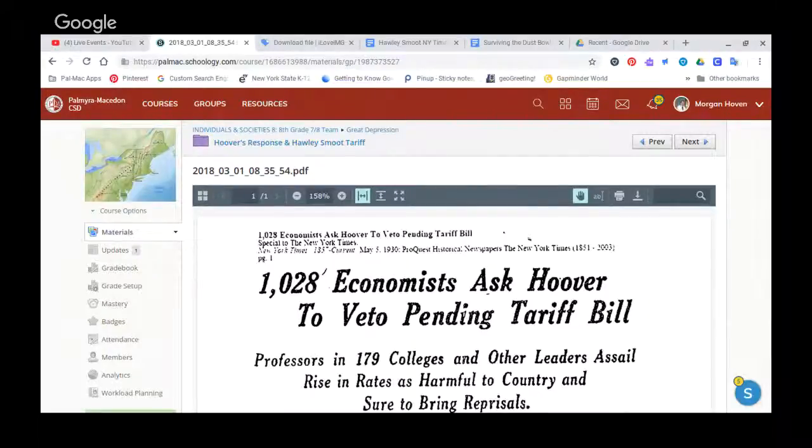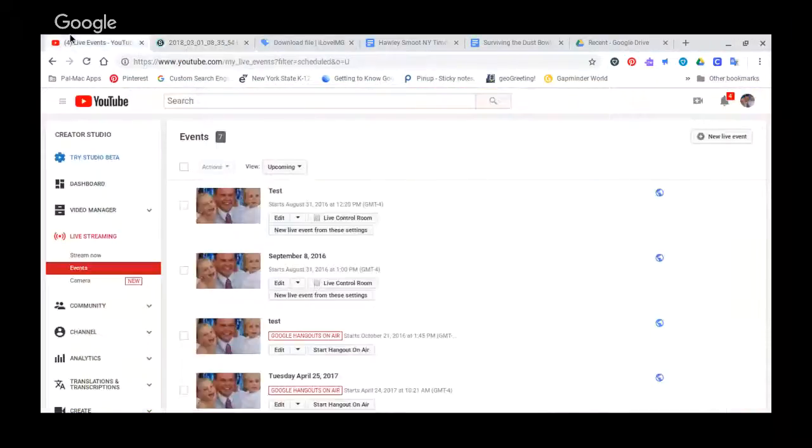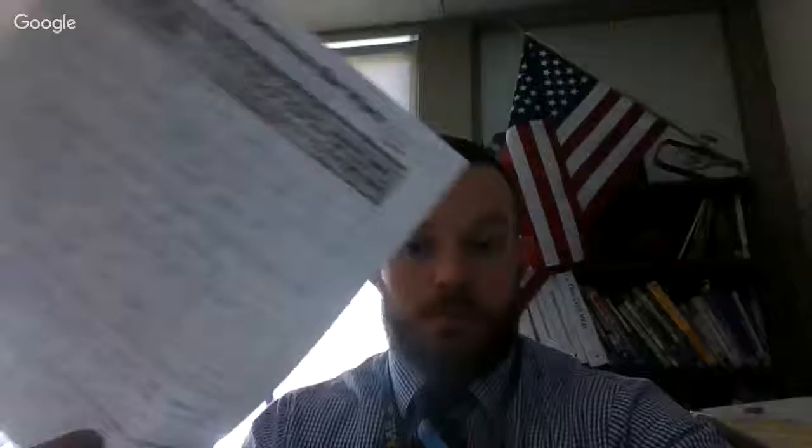Now, for the substitute, whoever's in the room, if all the students have finished the Hawley-Smoot reaction activity, then go over it with them. The key is on my desk. The key is right here. Oops, sorry. Oh, earthquake. Right here on my desk. Use that to go over it with them. If students have all submitted their memes, all completed the Hawley-Smoot activity, and it's been gone over, and have finished their homeworks, move on to the movie.